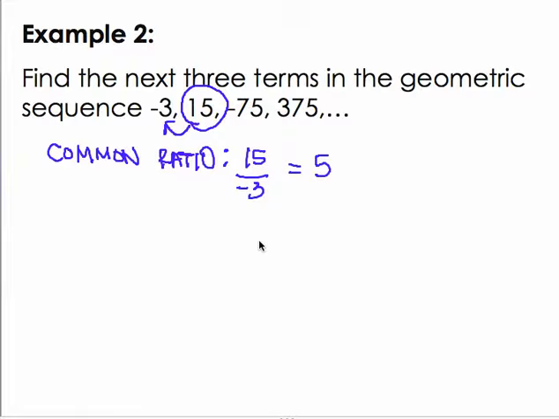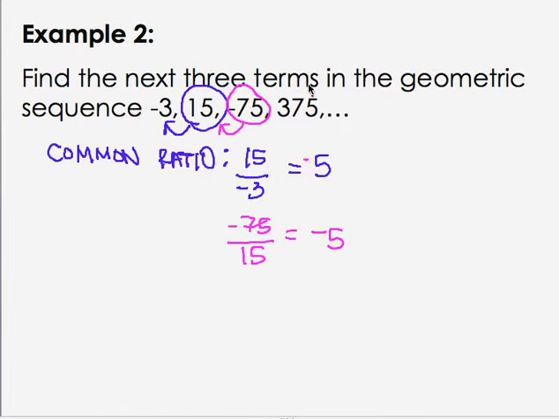Okay, and then we're going to go ahead and do the same thing with the next one. So if we do have a geometric sequence, we're going to find a pattern, right? So I look at -75. I'm going to divide that by 15. -75 divided by 15, excuse me, that should have been a -5, shouldn't it have, is also going to give us -5. And then finally, if we look at the last one,